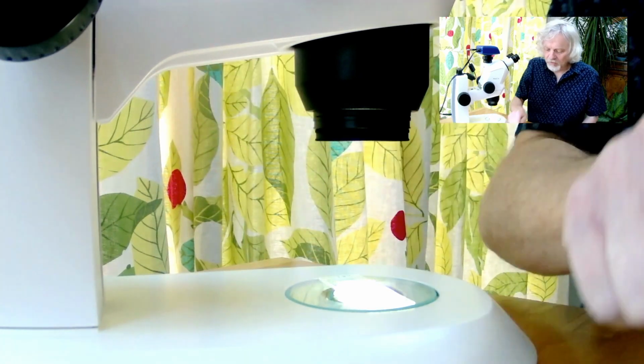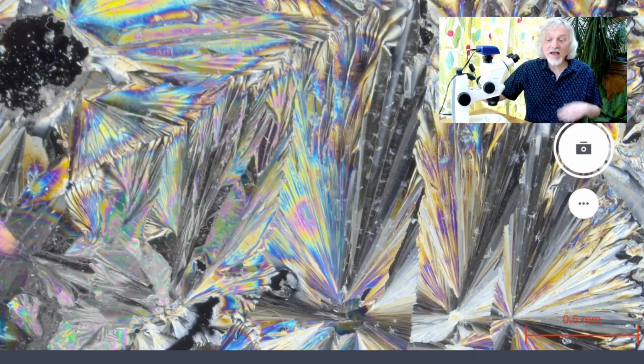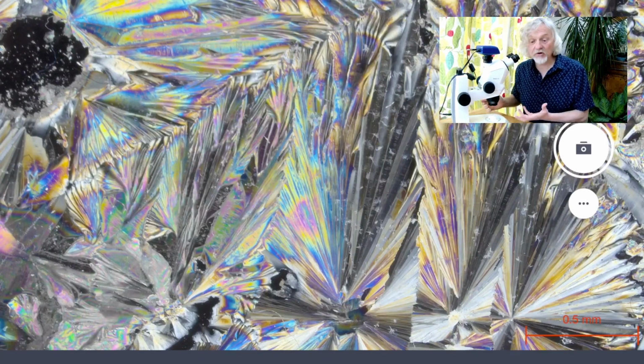Suddenly, oh, you can't because I haven't put the microscope on. There you go. This is what happens. You get these amazing patterns. You can see the crystals, but more importantly, they suddenly show up these amazing multicolours. Let's have a little look around at what we've got. So let's zoom in on this little section up here